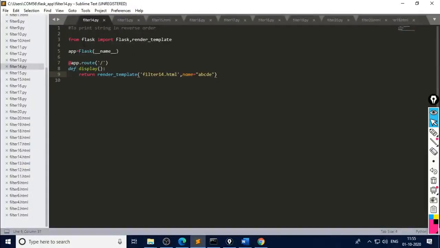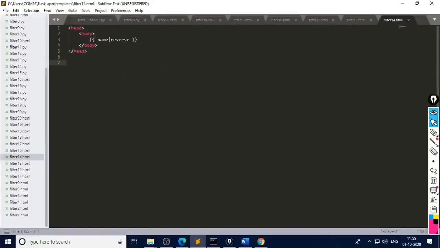Then next one, print the string in reverse order. This is another filter. Here we have supplied A, B, C, D, E as the string, and the corresponding HTML template is filter 14.html. Here we used the filter reverse: name, pipe sign, reverse. Reverse is the filter and name is the variable.